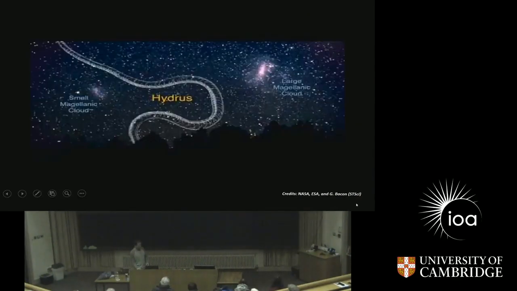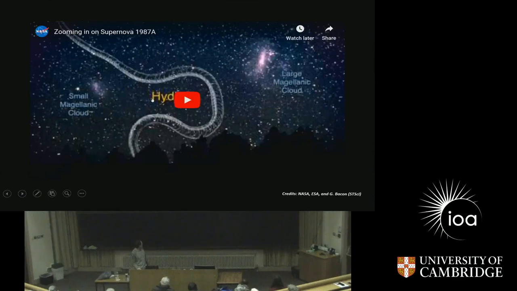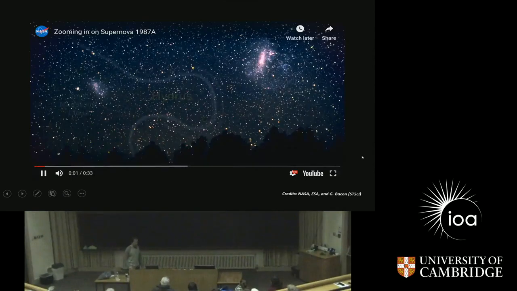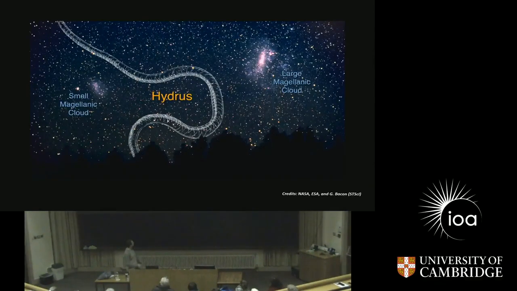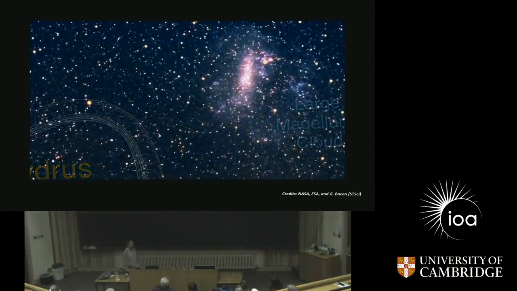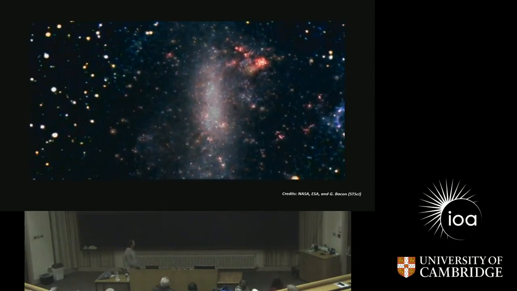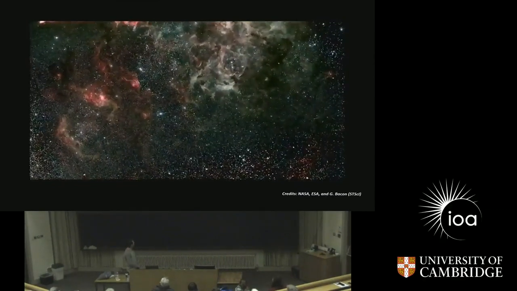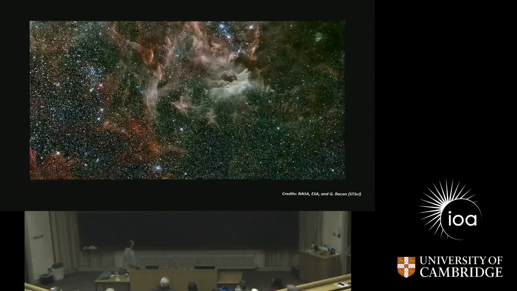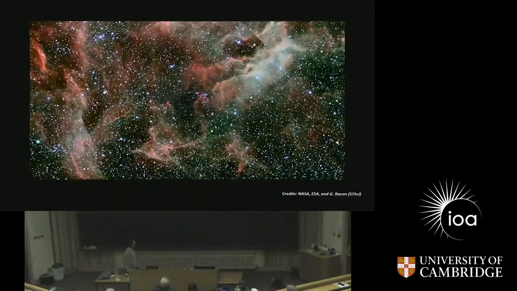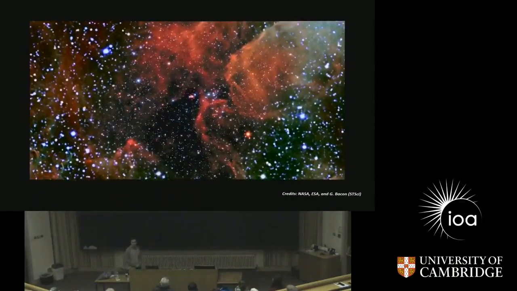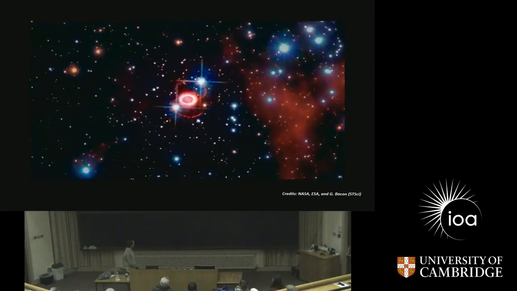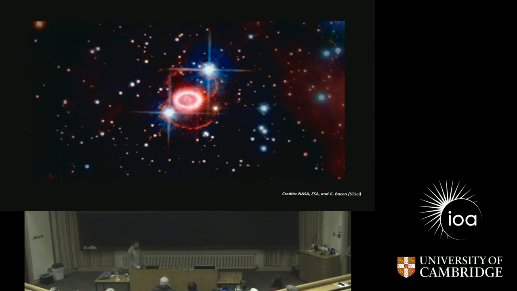So this was in the Large Magellanic Cloud, which is a neighboring galaxy, which we can see in the southern hemisphere. So we look here at the night sky of the southern hemisphere. There are the small and large Magellanic Clouds, which are neighboring galaxies, and we're zooming in to a region of this small galaxy where we saw this explosion. So this is relatively nearby, but not that nearby. It's more than 160,000 light years away. And there, this little ring, this is where the star exploded.